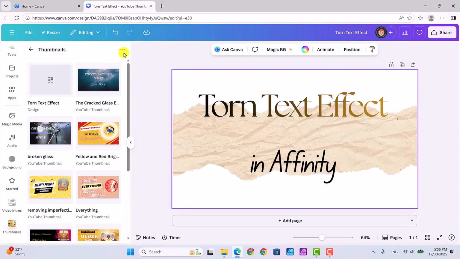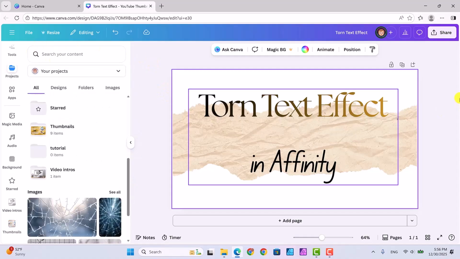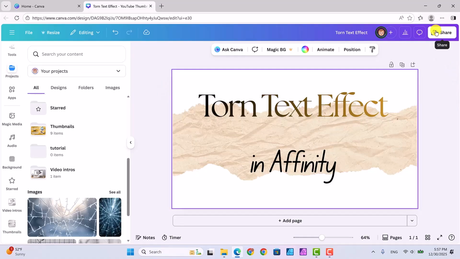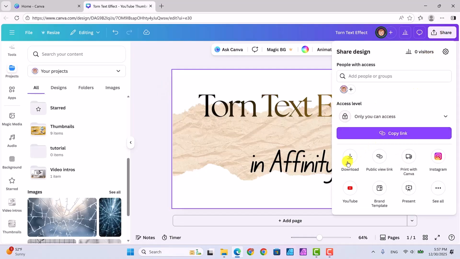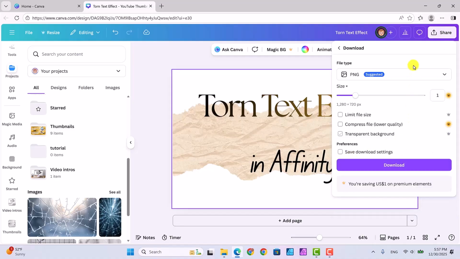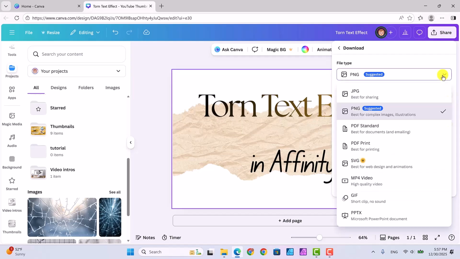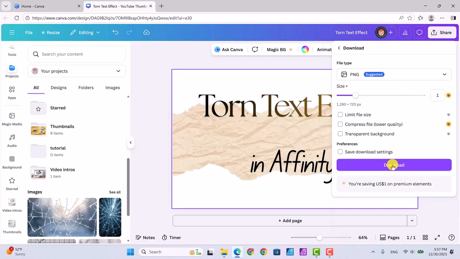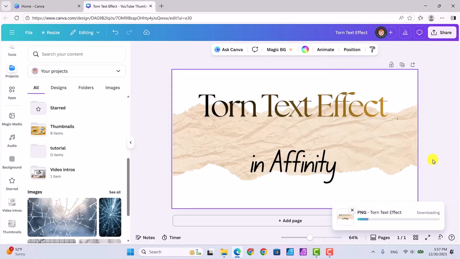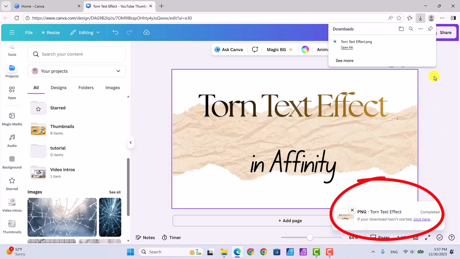Okay, now the other thing we can do is we can export it out. So I will go Share, you go Share, and then you go Download, and click on Download again. Now make sure that it's the correct file type. With thumbnails, I generally pick PNG, but you can see that there's a whole lot of things you can choose from, but for a thumbnail, we'll pick PNG. All my thumbnails are PNGs. And then I'll click Download, and then it's going to say that it's downloading. And once it's done, you can open the file,